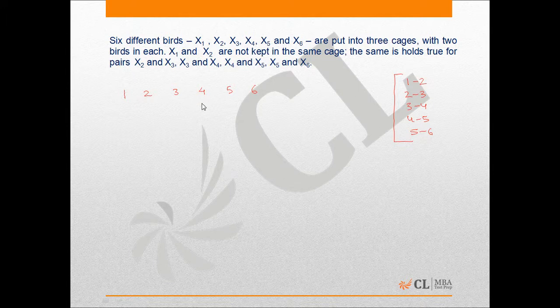Now these six birds, 1, 2, 3, 4, 5, 6, are to be put into 3 cages such that bird number 1 and 2 should not be together, 2 and 3 should not be together, 3 and 4, 4 and 5, and 5 and 6. So these pairs should not be together. So if I make different combinations, bird number 1 with bird number 3,